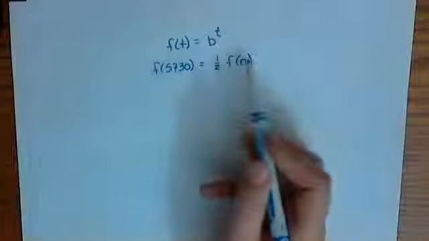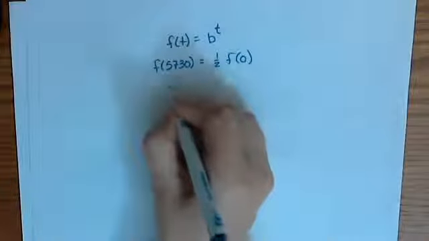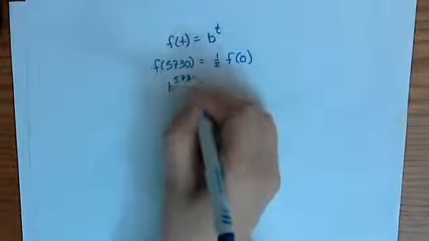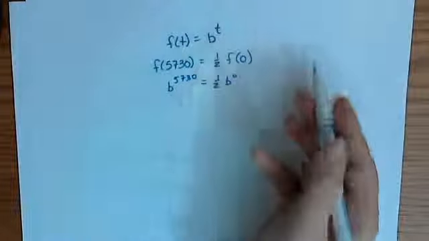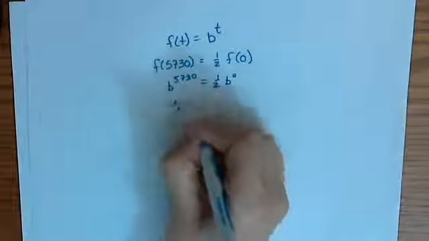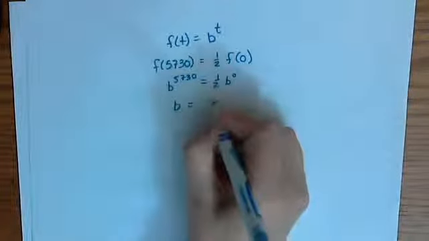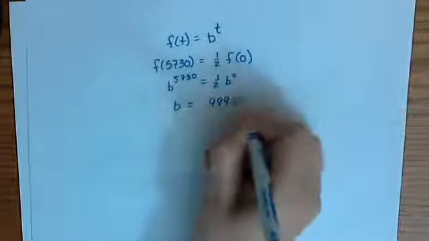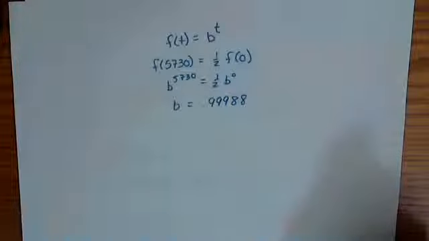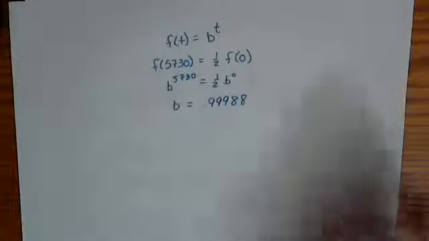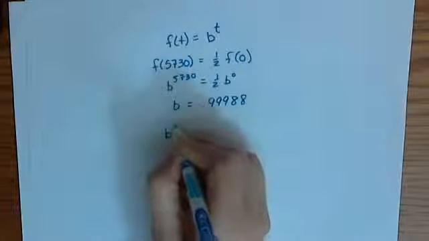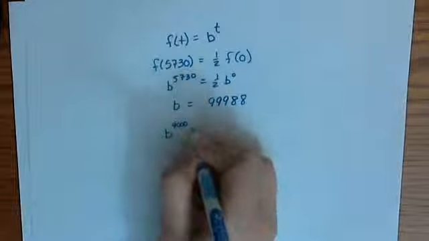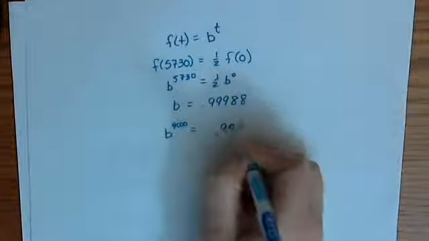Well, we can use our same thing that we were just doing. We can say that b to the 5,730 equals 1/2 of b to the 0, which is going to be 1. So b is going to end up being exactly the same number that we figured out before, because we already figured out what the half-life of that is. So now, in order to figure out what b of 9,000 is, we have to do our substitution,